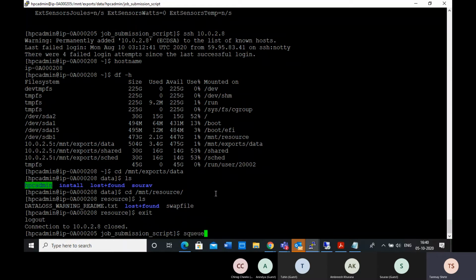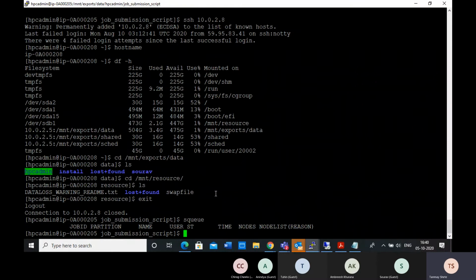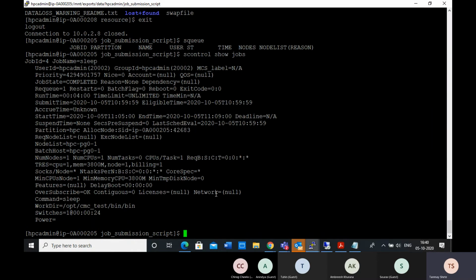Again, let me go back to SQ. Now the job is complete, the job is finished, right? scontrol show jobs, so the job is completed. After 10 minutes, the machine will actually stop, and your connection will drop.